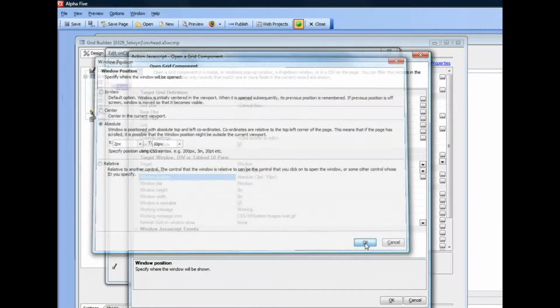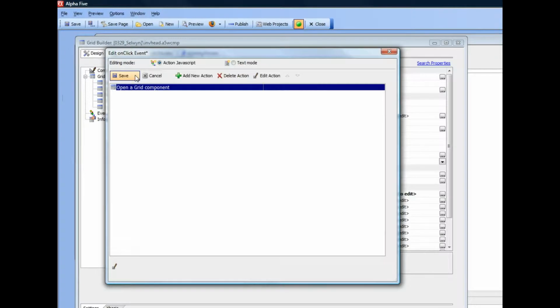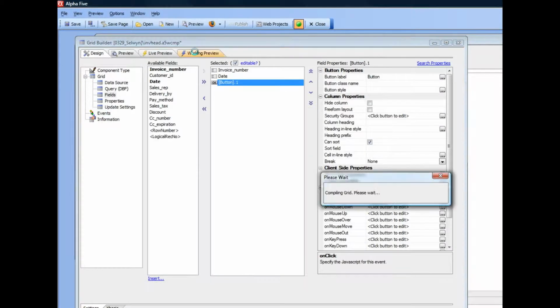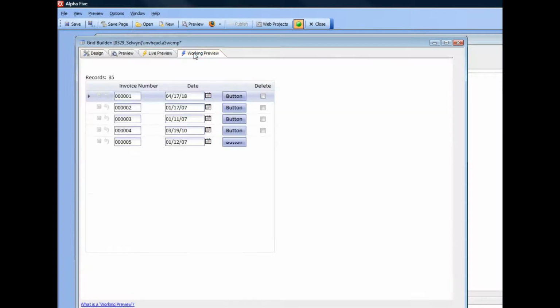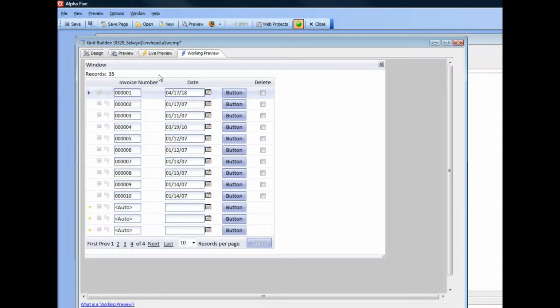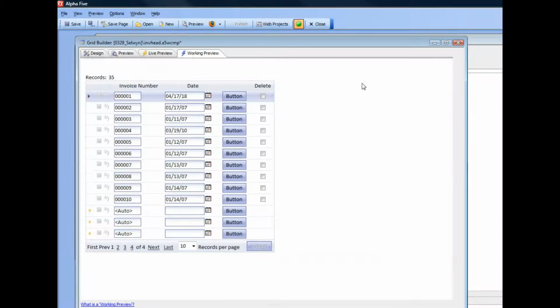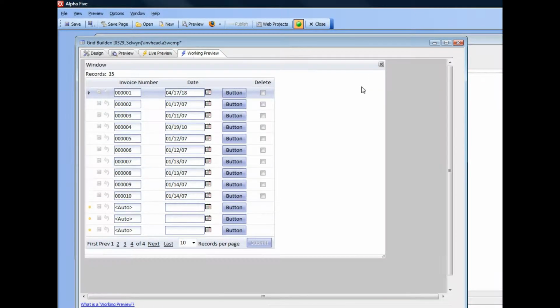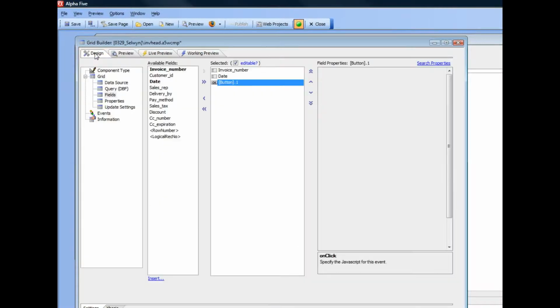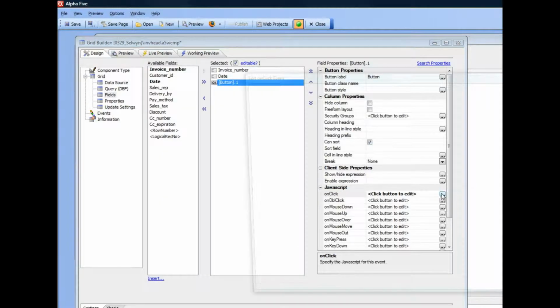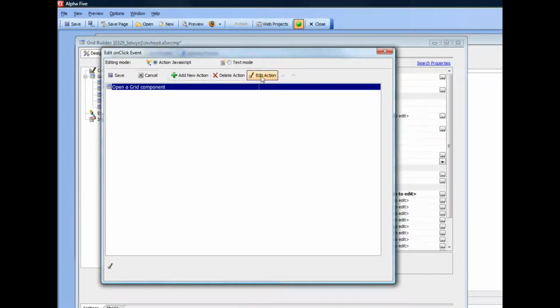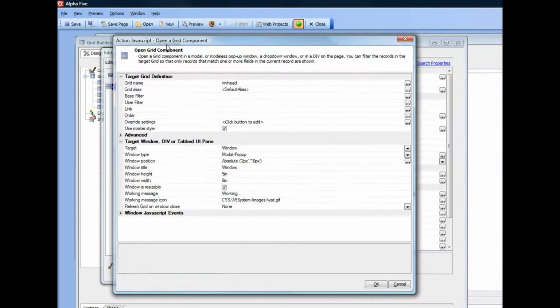so if we go ahead now and check that out, we'll see now that the window always opens up in the same position at 2 pixels and 10 pixels. So there you go, you can see there's the window opening up at an absolute position. So let's go back now and continue exploring the options. So go back to design mode here,